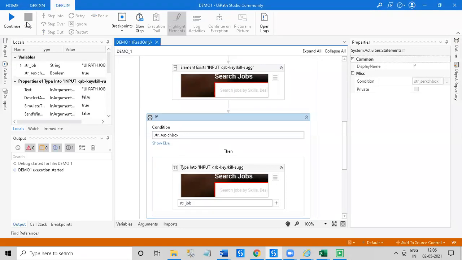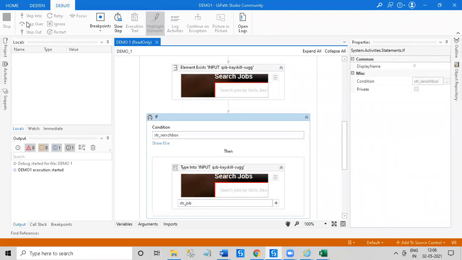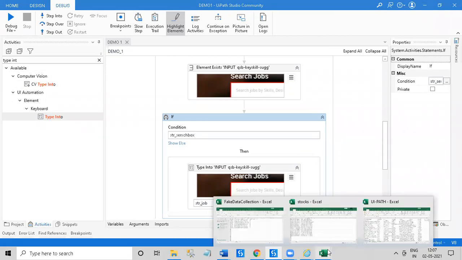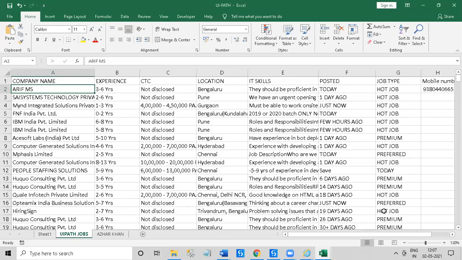Could you please repeat this extraction part once again? Which part? You are doing web scraping, right? After getting the list of interview details, you have extracted it to Excel, right? That one. I think your voice is not audible clearly, some distortion is coming. Excel part you are asking? No, how did we export this? How did we extract this data?